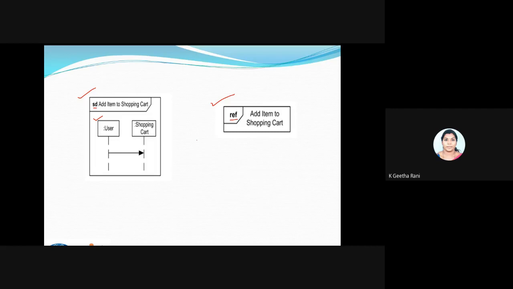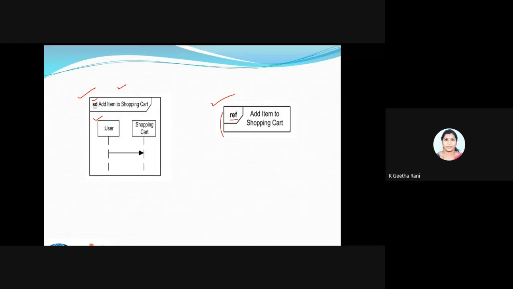Just remember we have a notation representation for an interaction. We have 2 things, SD and ref. Ref means I can reuse this interaction between so many other interactions. That particular term is called ref. And this is called an inline interaction, a technical term.